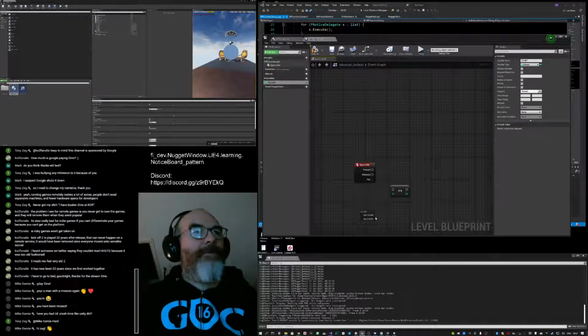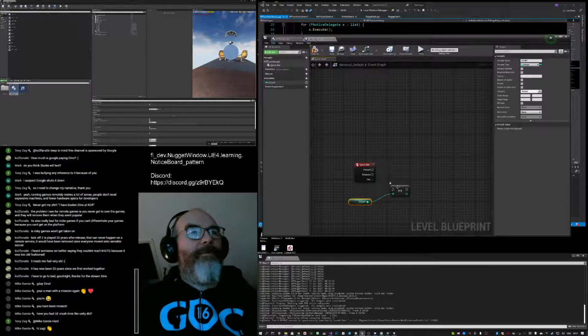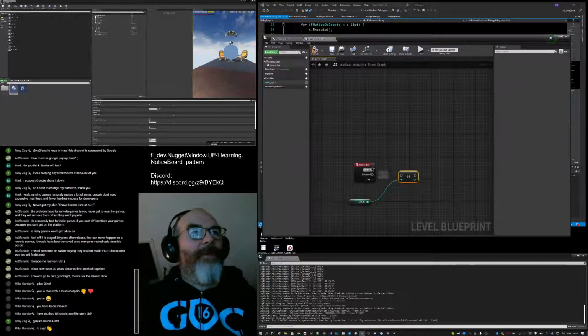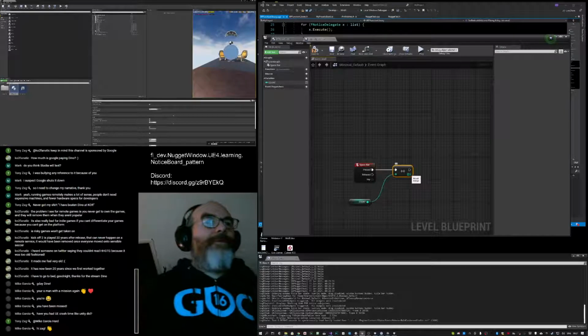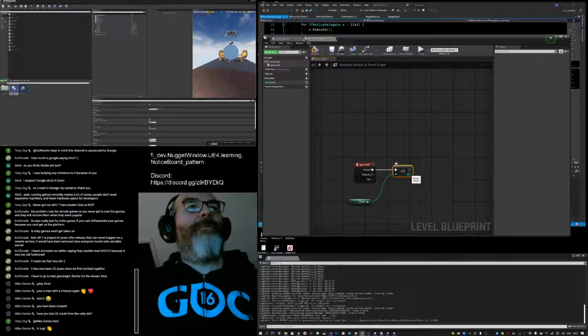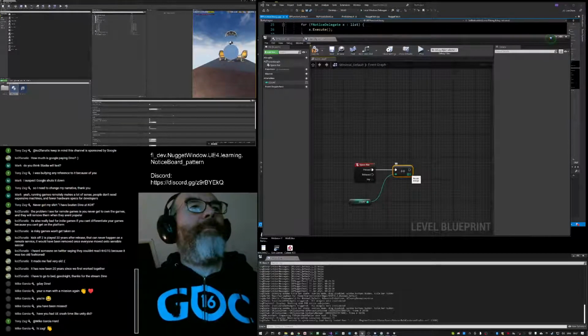Count is getter for count. When the button is pressed, it will increment. That's the result of the increment. There.